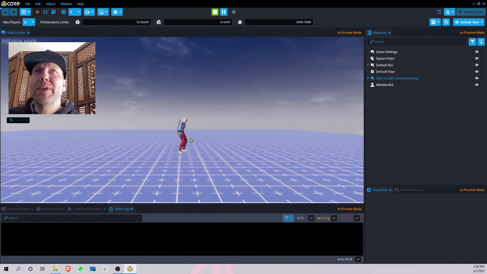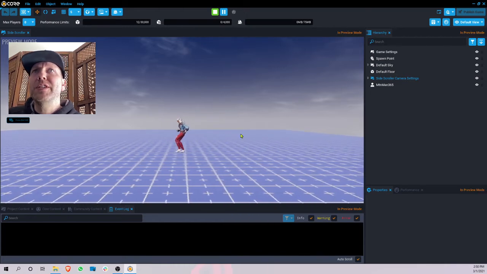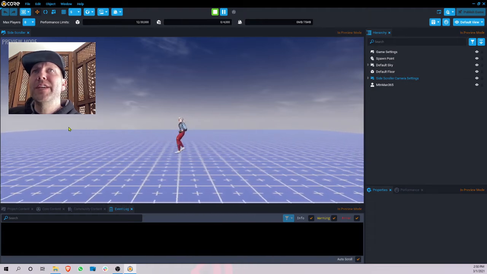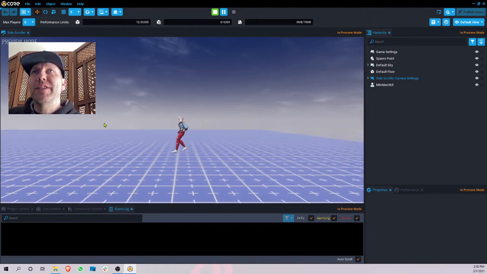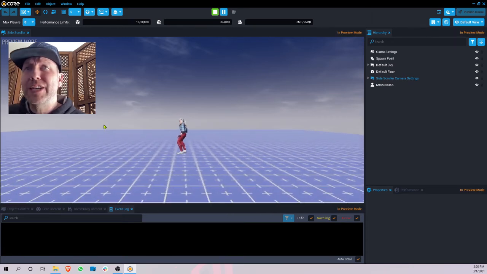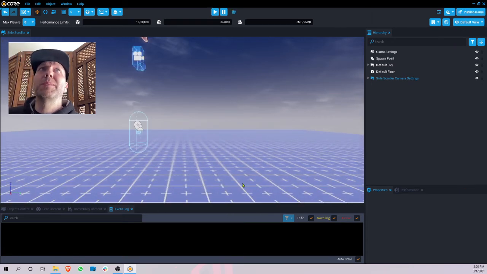I can go left and right, and if I turn my mouse, no matter which way I'm going, like if I have my mouse over here on the left, she's going to look at the mouse. The player's going to look at that. I don't want that. I want a more standard side-scrolling experience. So what I'm going to do